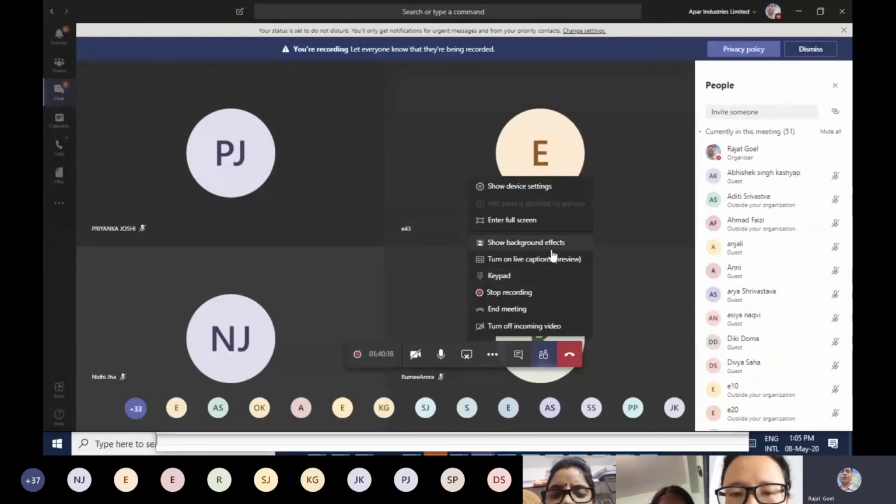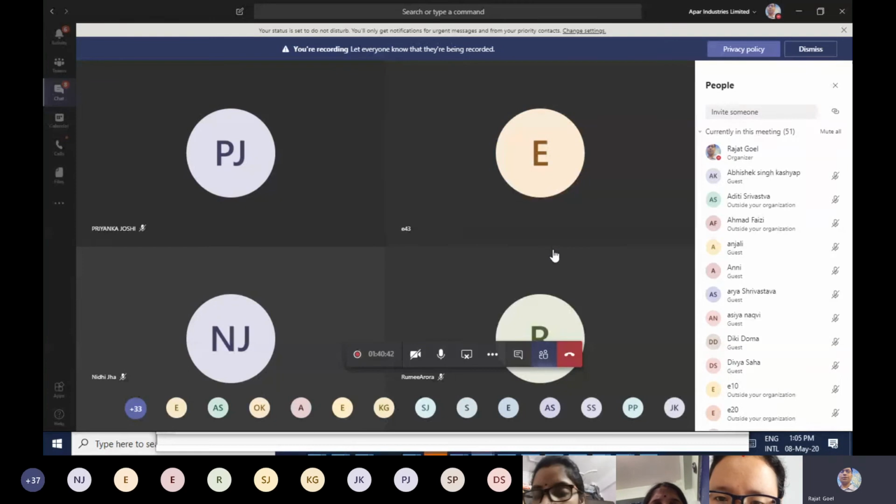I am telling each and everything, and while we experience the tool in practical, we will see the difference, that this feature was available in the desktop app and this feature was available in the mobile app. Now I'm going to showcase the show background effect first.